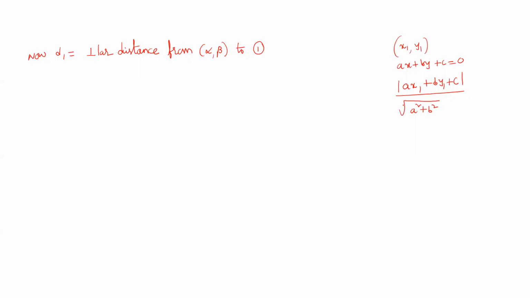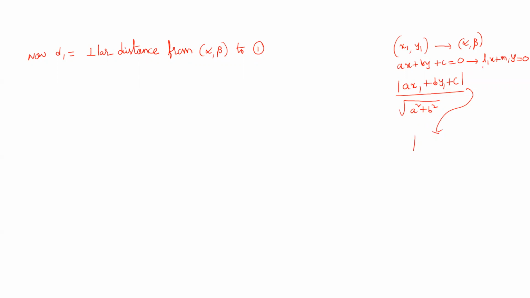Here, instead of x1, y1, we have the point alpha beta. Instead of ax plus by plus c equal to 0, we have the first line L1x plus M1y is equal to 0. Then this formula becomes mod of